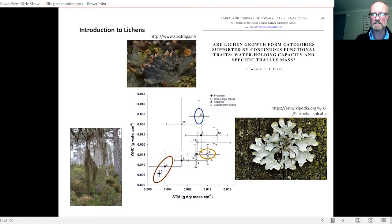And then we have lichens that have huge water holding capacities, that can take up, per unit surface area, massive amounts of water. And these are often our cyanobacterial lichens that require lots of liquid water in order to become physiologically active. So things like, in this case, a Peltigera species, they really swell a lot when they soak up lots and lots of water. So we can use these metrics to characterize different lichen body plans that represent different adaptations to the